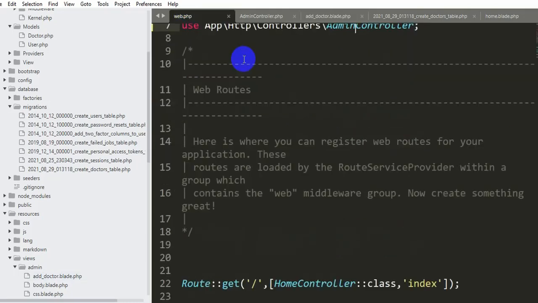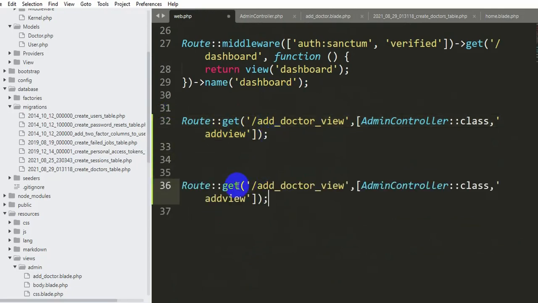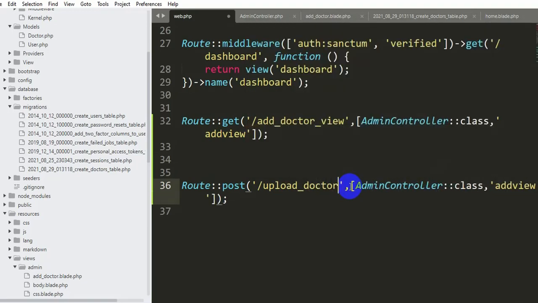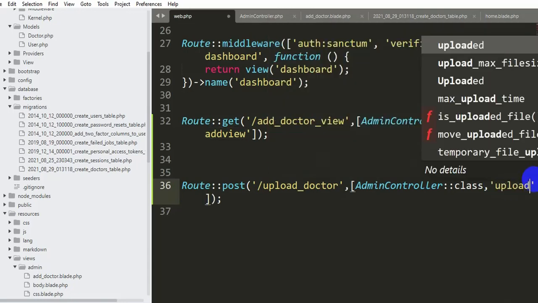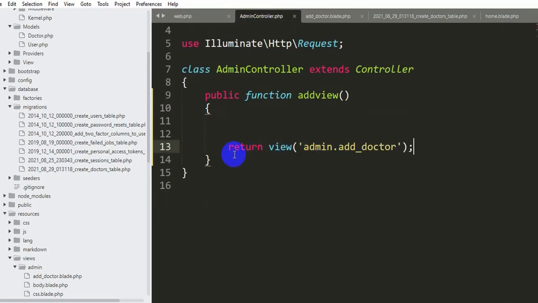So let's go to web.php and let me just copy this, Control C and Control V, and instead of get, this time it will be post, and our URL name was upload_doctor, and let's say our function name will be just upload. So now let's save it, Control S. Now we'll go to our admin controller and create this upload function. So let's go to the admin controller, and here we're going to say